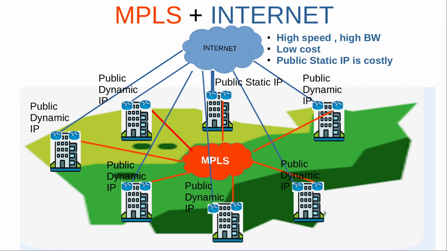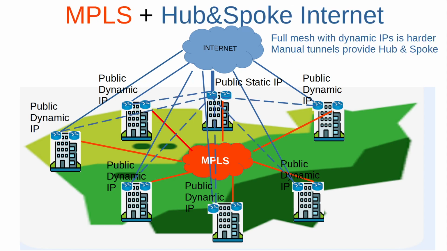As the internet evolved and provided more bandwidth at higher speeds, enterprises noticed this and started using the internet as a backup solution for the MPLS. This was the usual setup where you would acquire a public static IP address at your hub and dynamic IP addresses at your remote sites, because IP addresses come with a cost, and a static IP address is more expensive than a dynamic one. So with this setup, you could reach a hub and spoke solution using the internet with IPsec tunnels.